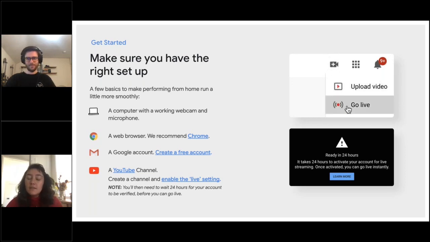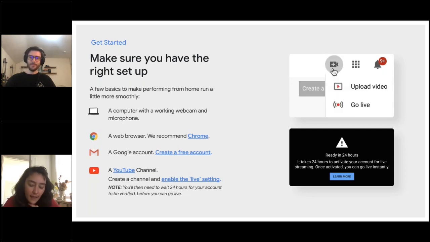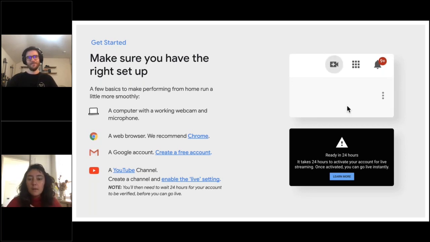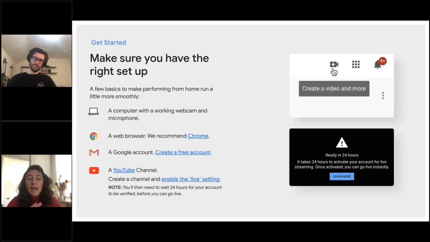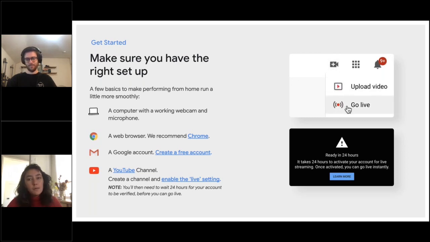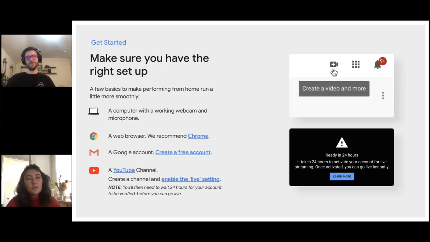And so the first thing you often will need, and that you should be lucky enough to have, I suppose, is a computer with a working webcam. Also, I guess a lot of smartphones have a working webcam photo function, a microphone. We recommend using Google Chrome, as that's the platform we've been using and testing towards, a Gmail account, which is easy enough to set up, and setting up a YouTube Live account as well, which Sean will go into a little bit more detail shortly after this.